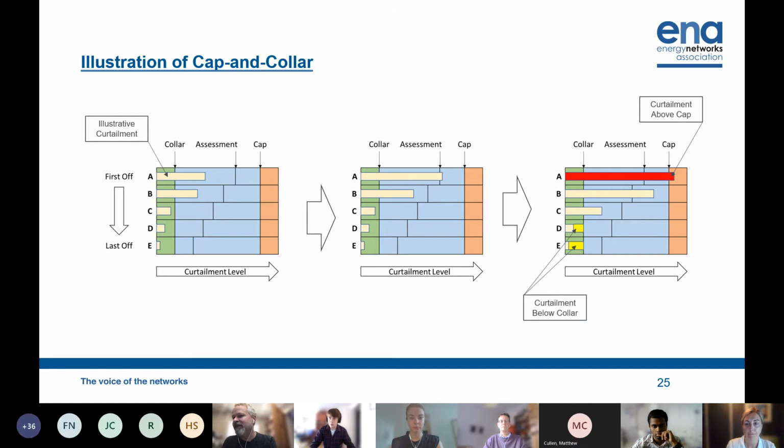effectively go to customers D and E first when the A&M system needs to curtail, up until they've used up their collar values. Sure. So you're not talking about customers D and E needing to get up to their collar values whilst A is below the cap. A will keep on taking the curtailment risk until it hits the cap. Yes. And then anybody who's below the collar will fill the gap until the reinforcement or flexibility scheme has been put into place. Yes, they'll fill the gap as far as their available collars will allow. Yes, okay. Yes, that's right. Okay, thanks for that. Sorry, no worries.